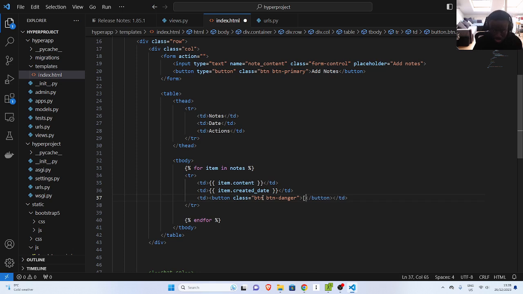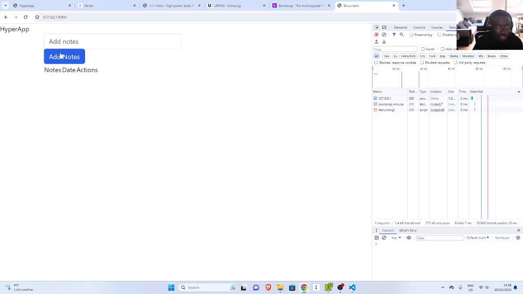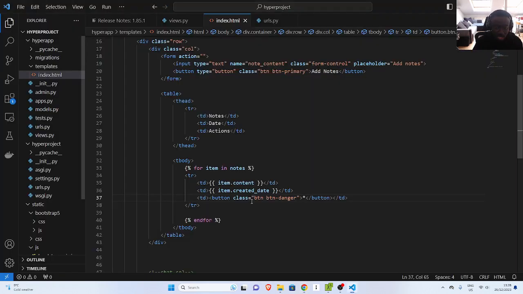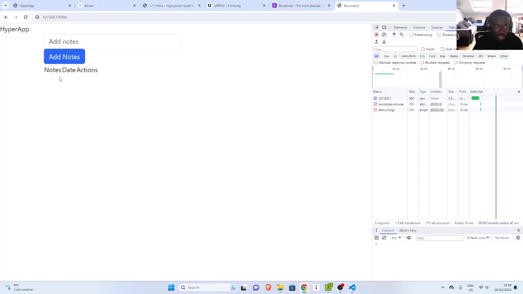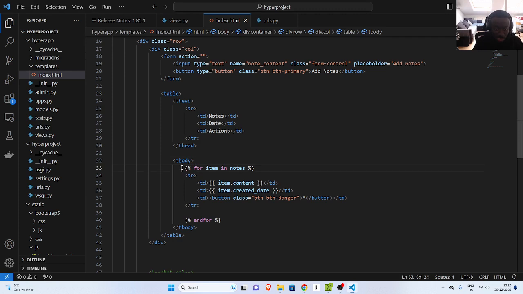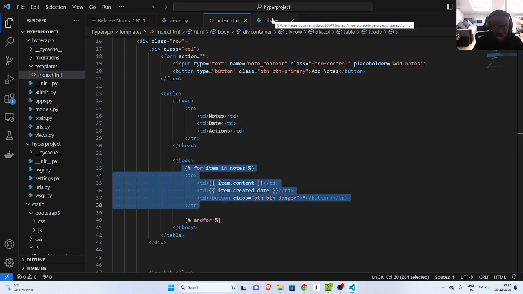Where is x? I've forgotten my s. So if I refresh it now, you're not seeing anything because no data has been passed yet. So let's save this one. If I refresh, we don't have anything. So that's going to be our table. So this is going to be what we'll be using for our list, right? So let's go back